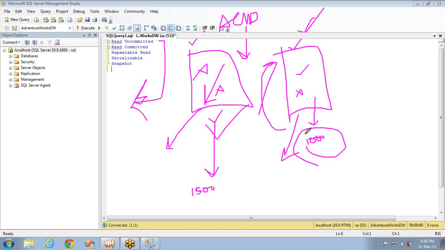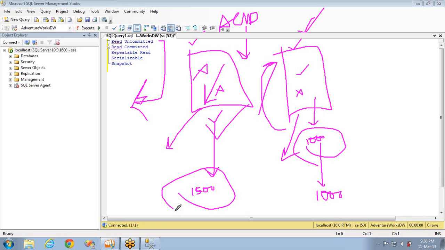Then how many records will be there in this particular table? There will be only 1,000 records, the same as at the start of this transaction. But if you see the output, you will have 1,500 records. The data is not consistent. We discussed consistency also, right? This is not consistent data.